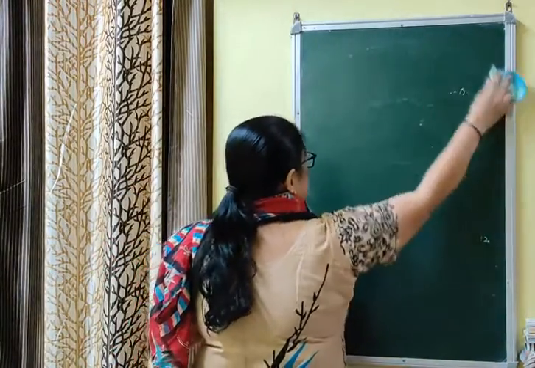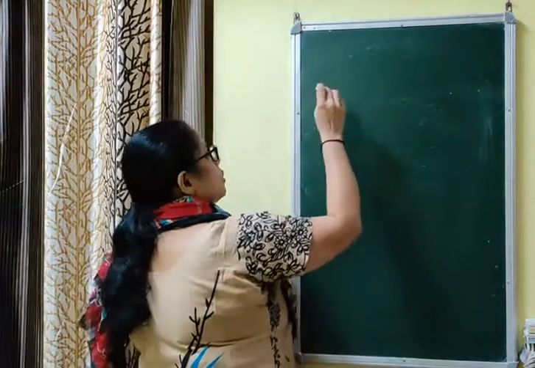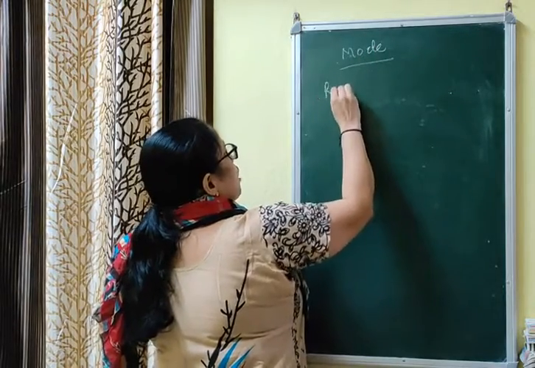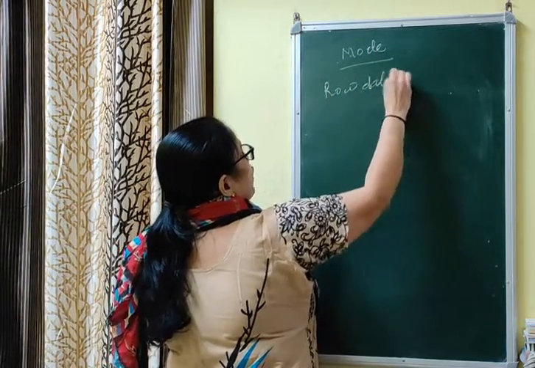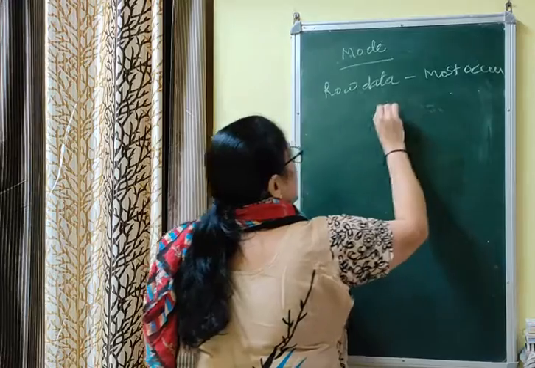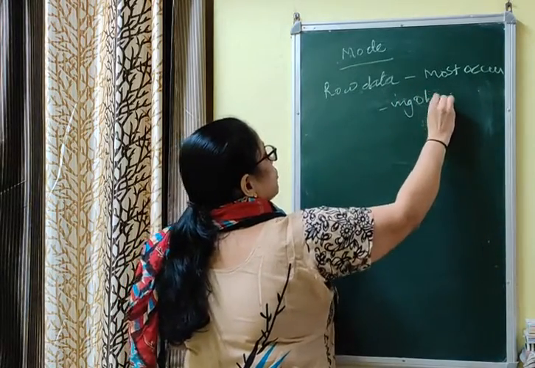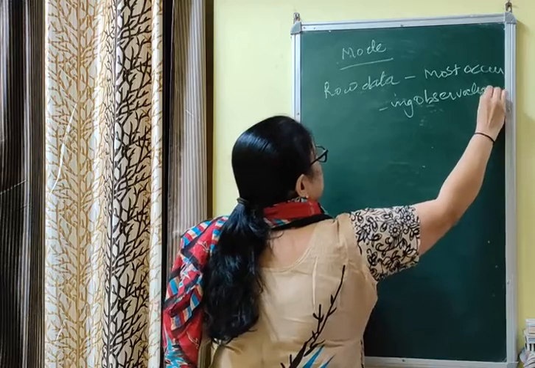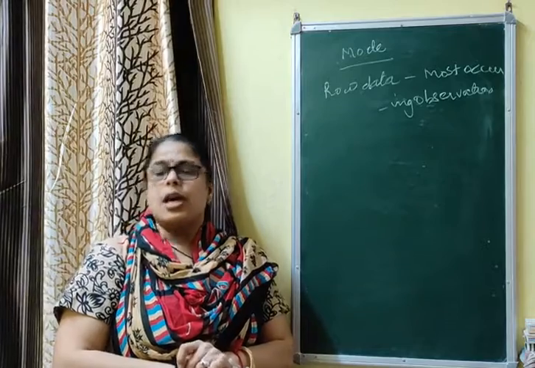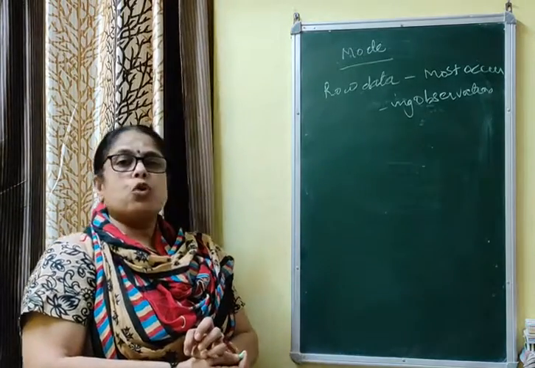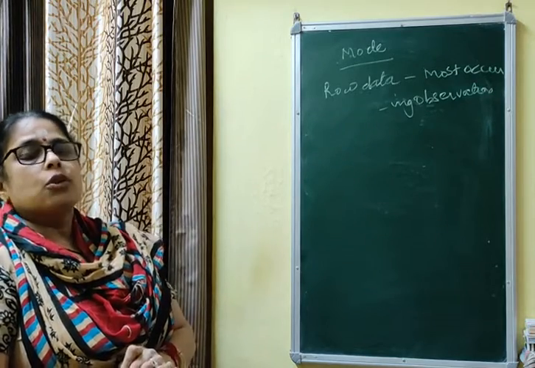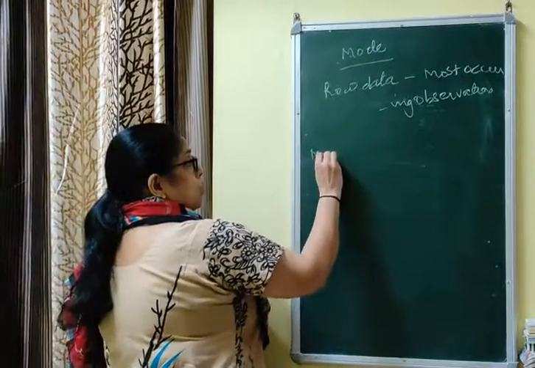Next step. Now one more chapter is remaining, that is construction, that also has to be completed. Next topic is mode. Now for raw data, how can we find mode? For raw data, mode is the most occurring observation, that you know from class 9th. For grouped data, most occurring observation means the observation with the highest frequency. Now for grouped data, if the data is given in the form of class intervals, in a table, then the formula to find the mode is something you have to learn by heart.